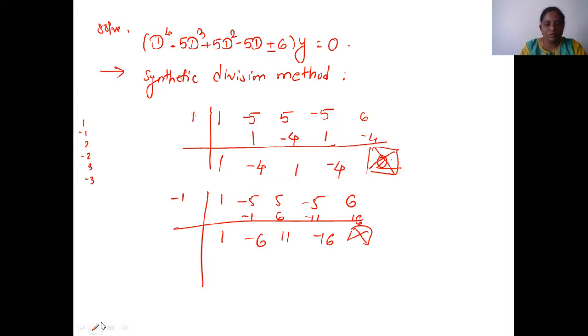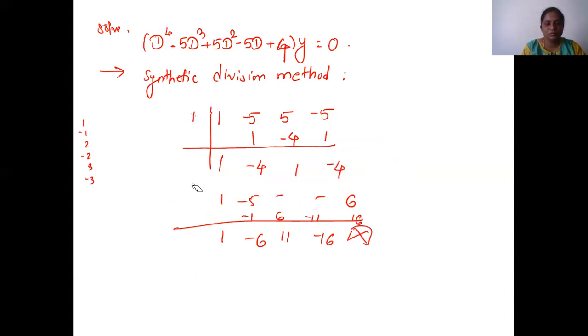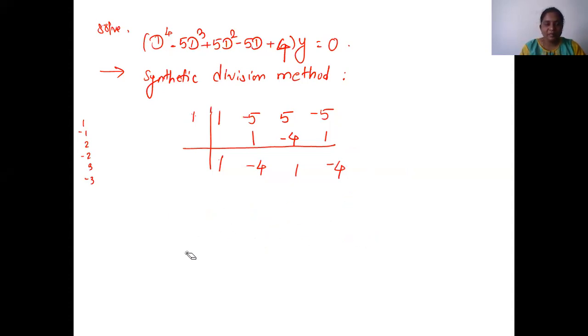So I guess the number is 4. There was some problem in your book. So please do it here. What should be the number here? I think plus 4, not plus 6. It is plus 4. Right, plus 4 there. Change the question. Do plus 4 here. While writing itself, I told you there is a little problem in the book. We'll solve that later. So it is 4, I guess.